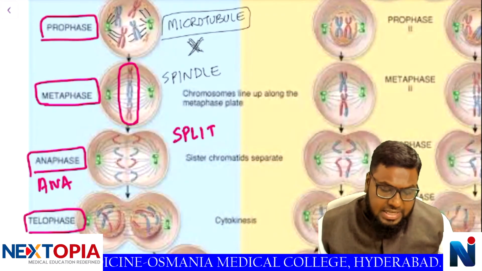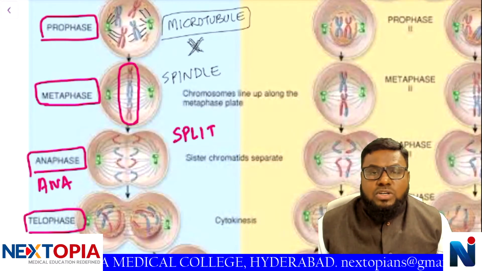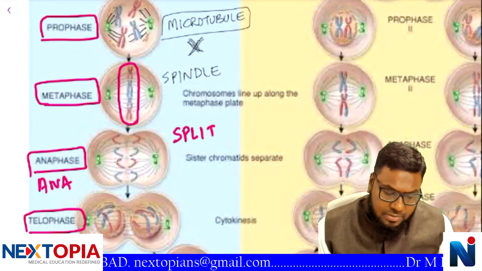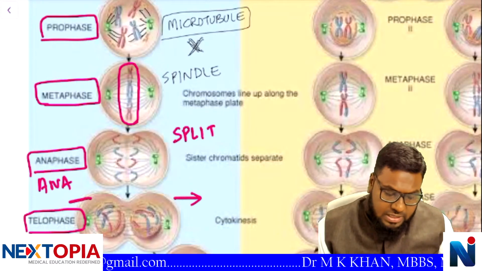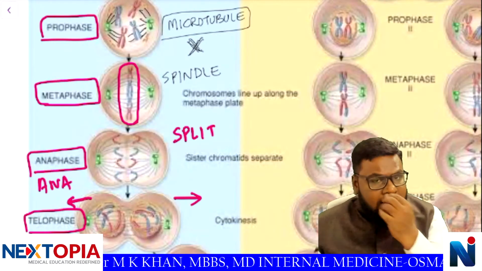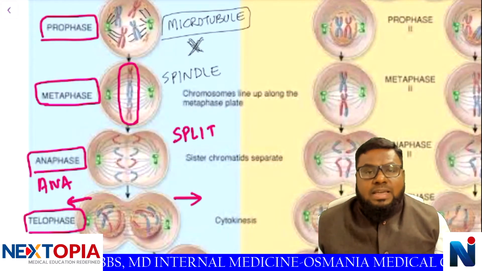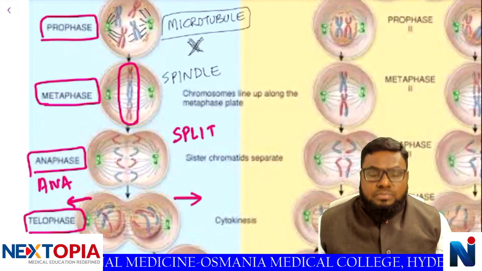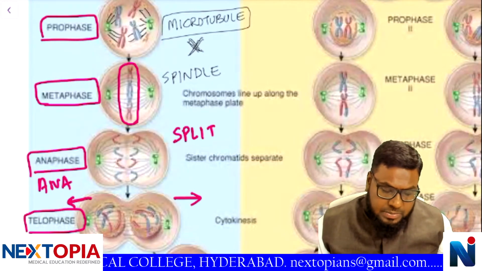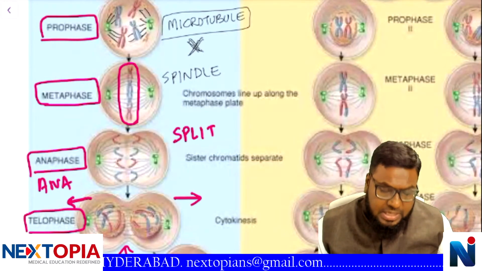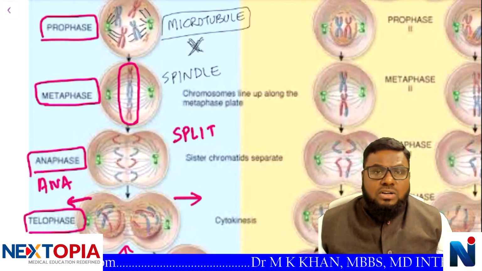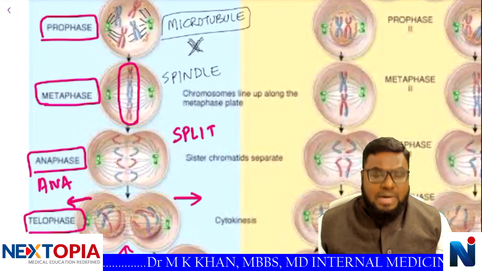After that starts the telophase. In the telophase, the two daughter nuclei are formed separately. So two nuclei are getting separated like this in telophase, and division of cytoplasm occurs. The chromosomes elongate, they become distinct, and nucleoli appear. From here a constriction appears and divides the cytoplasm, and thus two daughter cells are formed. This is all about mitosis.